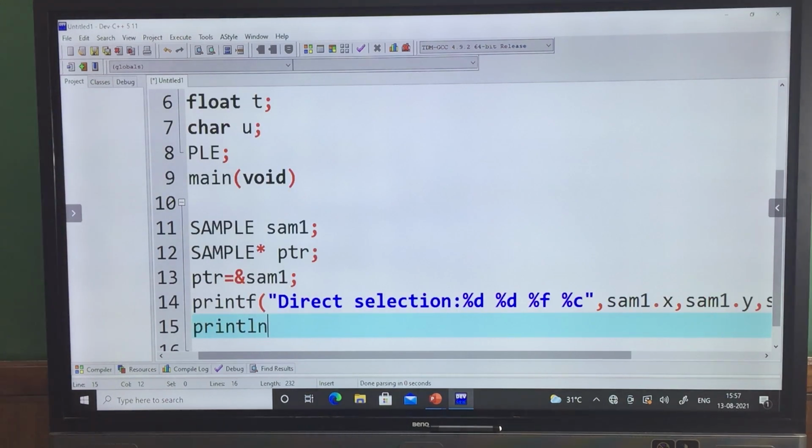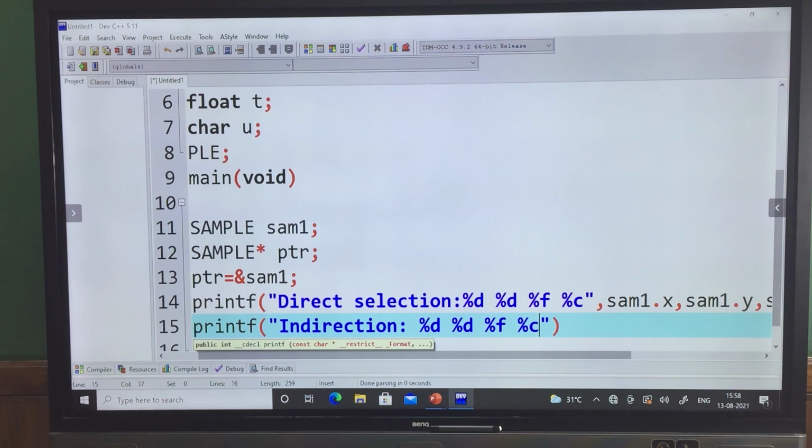So printf. After direct selection we have the indirection, which means using asterisk. Indirection: %d %d %f %c.